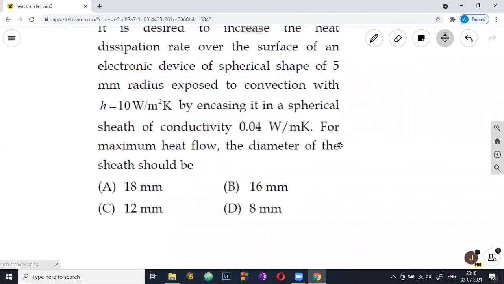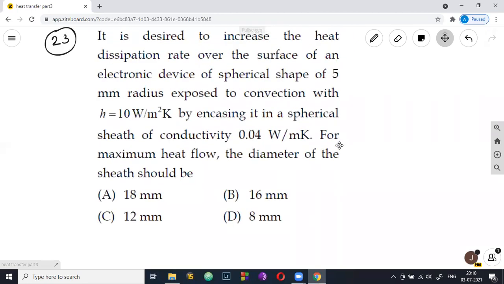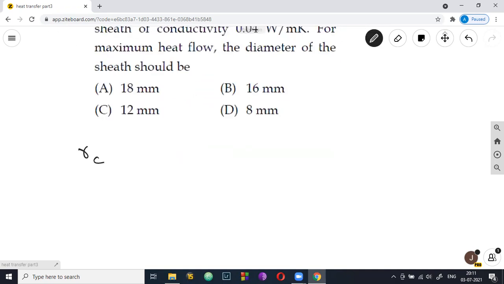Obviously, you have to operate at which scenario? Critical radius of insulation. Remember, here also again a sphere is covered with some insulator. This material has a low K value. So this indicates some insulator. But by giving insulator, you have to not decrease the heat transfer rate, rather you have to increase the heat transfer rate. If you want to increase the heat transfer rate, you have to provide thickness such that the outer radius is equal to RC. Okay, outer radius of the sphere must be equal to RC. So let's first of all find what is this RC value for a sphere.